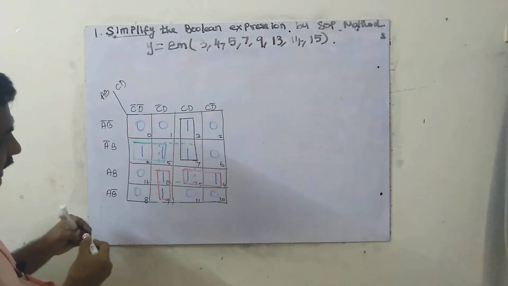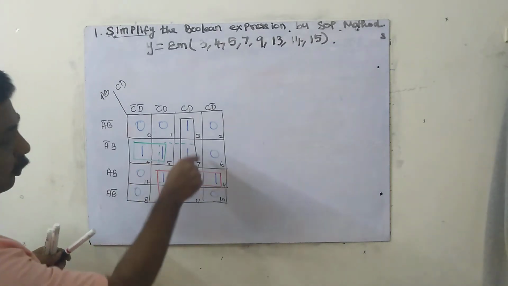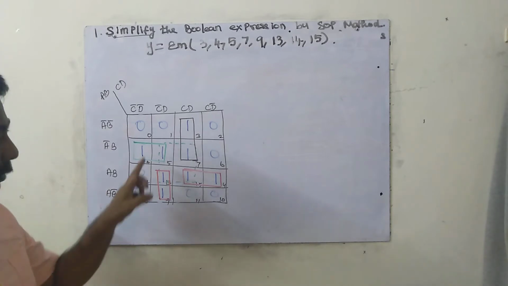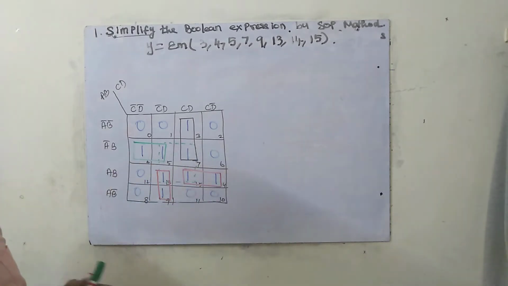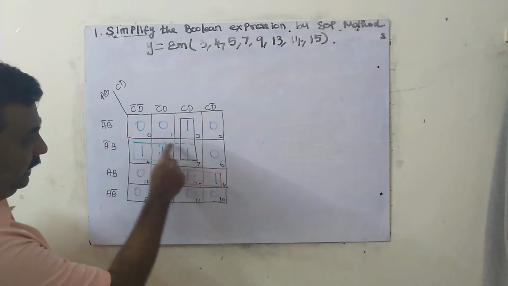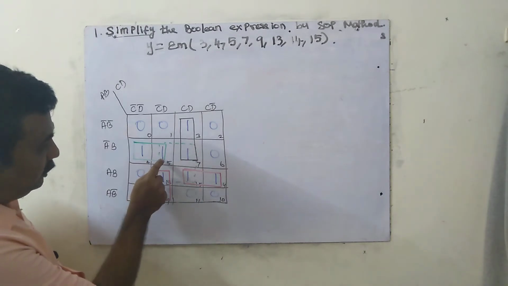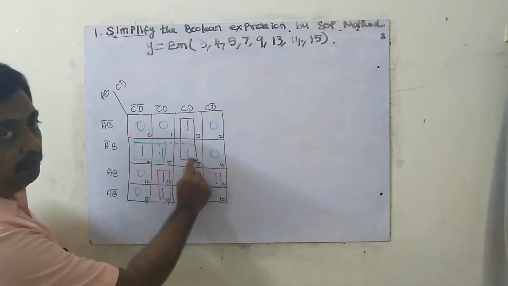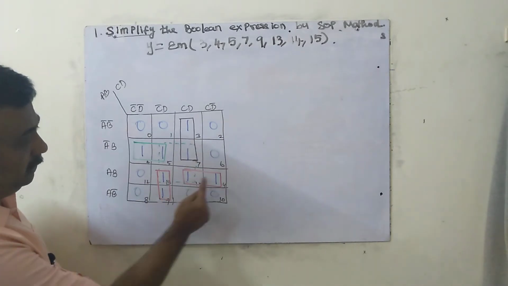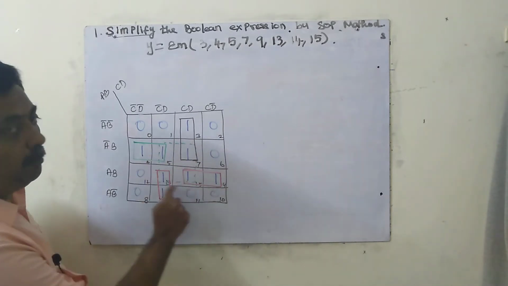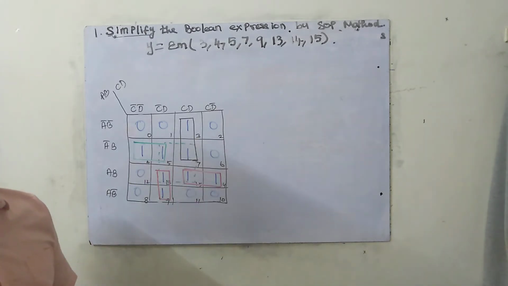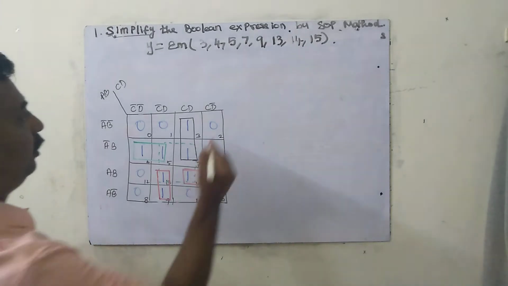Okay, so is it necessary to box this one, 4? It is an extra box. If I box like this, it is an unwanted thing. I will explain: this one is already boxed here, this one already boxed here, this one already boxed here, this one already boxed here. So we should not box this. Suppose if I box this, an additional, extra equation will come. So now I will write the equation for all those things.